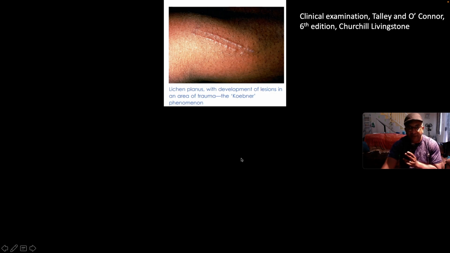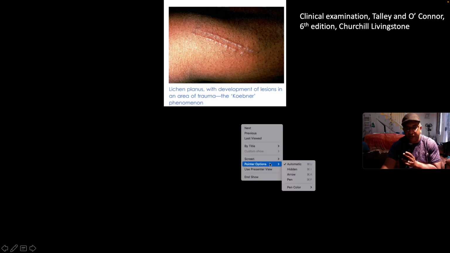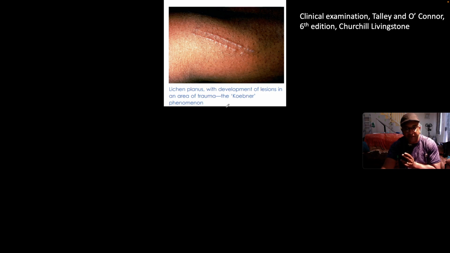Here we have lichen planus again with development of this so-called Koebnerization, right? This is development of lesions in an area of trauma, called the Koebner phenomenon. You can see this patient probably has some trauma, probably scratched there, and so we have lichen planus infiltrating this area. So basically a skin lesion which occurs over an area of trauma, we call that the Koebner phenomenon, or